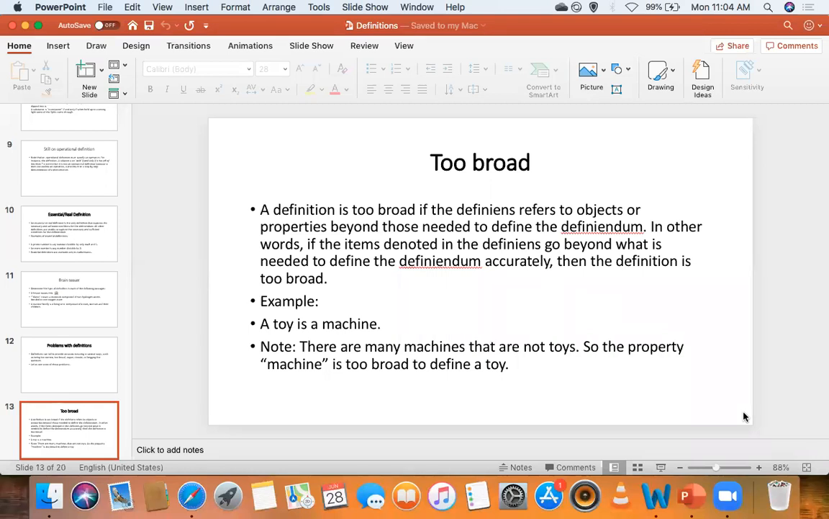For example, a toy is a machine. A toy is a machine. Now, when you look at this example, a toy is a machine, the second part of the sentence is the definition, but how